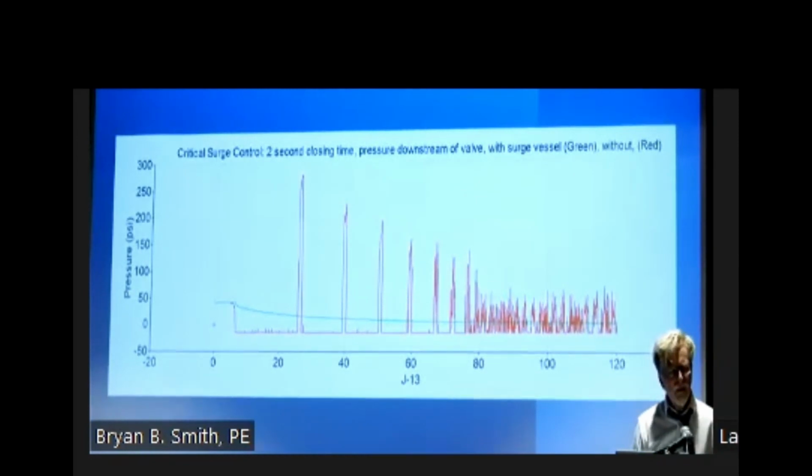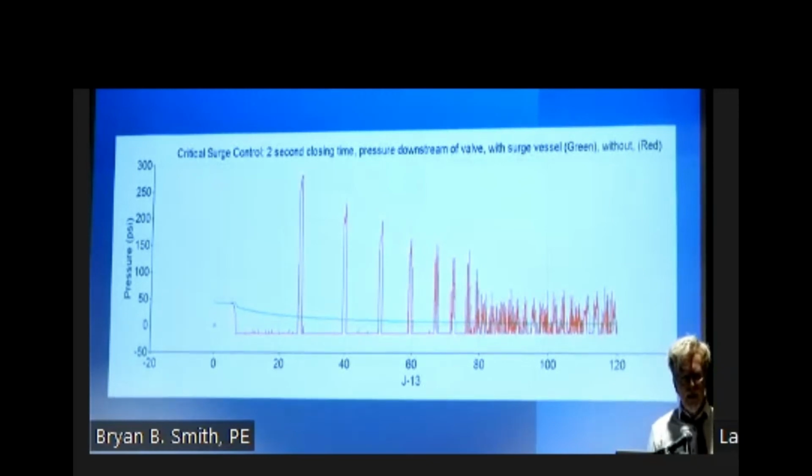The next is I have this high pressure wave. What if I put in a surge vessel to accept the energy? So I'm going to have a specific volume, a gas charge. When I exceed the pressure limits, I'm going to compress that gas charge to cushion the pressure wave. So I'm going to use the software to calculate the vessel size, the diameter, and the gas charge to cushion the system. In simple systems, that's fine. In other cases, I still have to contend with a high pressure wave coming back.